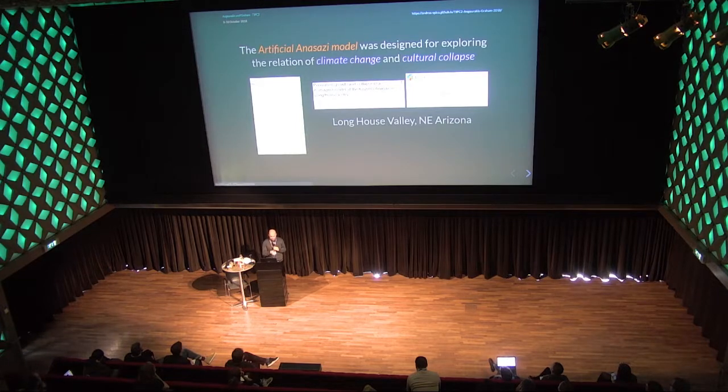The model, as I said, focused on a specific valley, the Longhouse Valley. There are several publications, I just highlighted a couple of them here. The focus of this model was to compare the archaeological record with the evidence of climate change in this area, basically an increase in aridity. The model itself is very narrow, representing just demography and economy, especially agriculture. So there's no trade, for example, no alternative activity for the population.